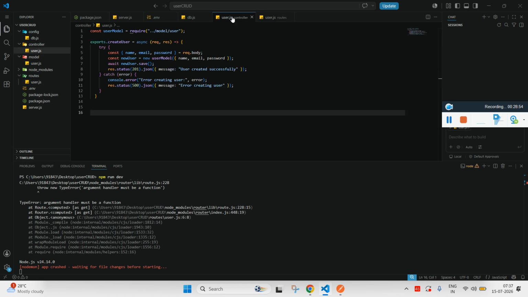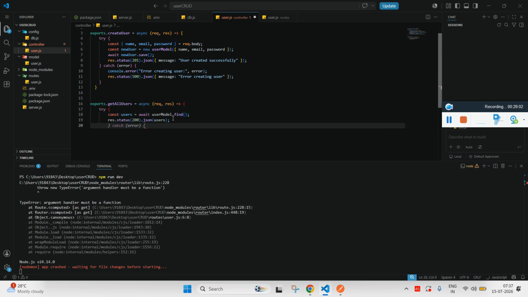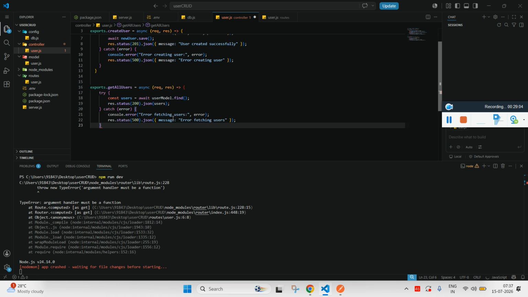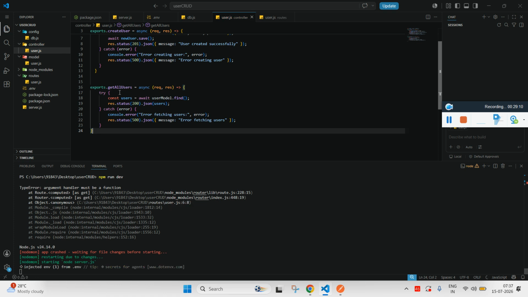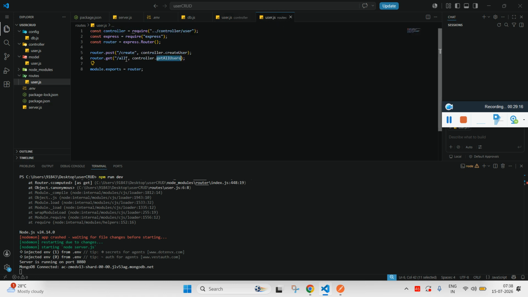Now in the controller we need to create the function getAllUser. Cool. When someone searches for get all user,